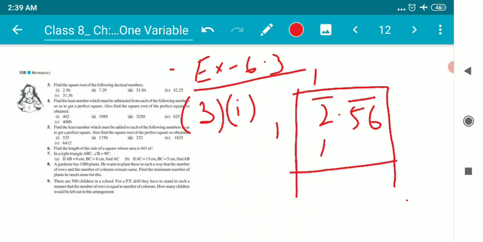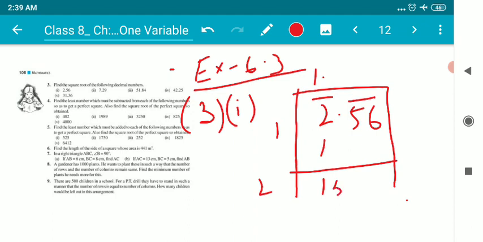So 2 minus 1 is 1. Double of 1 is how much, children? 2. As we all can see, 2 is greater than 1. I cannot perform any division right now. I need to bring down 5 6. But before I bring down 5 6, there is a decimal. Yes or no? Before the number 5 and 6, there is a decimal. So just put a decimal in the place of quotient. Here is a decimal, so put a decimal over there before we bring down 5 6.